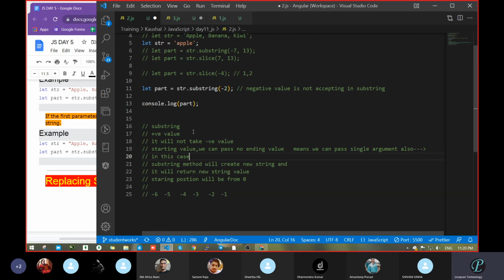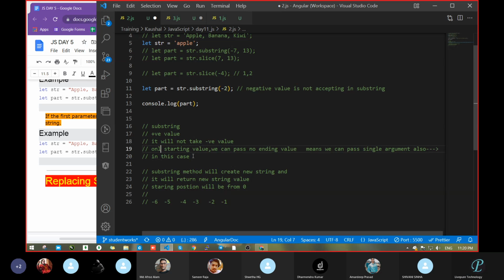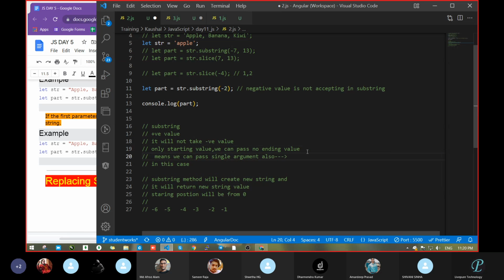Okay, single argument. In this case, see, a starting value. One second, let's add here. Only a starting value. We can pass no ending value, means we can pass a single argument also.